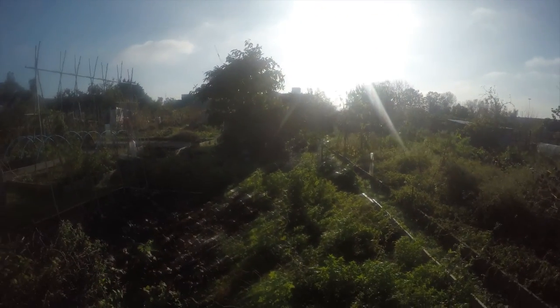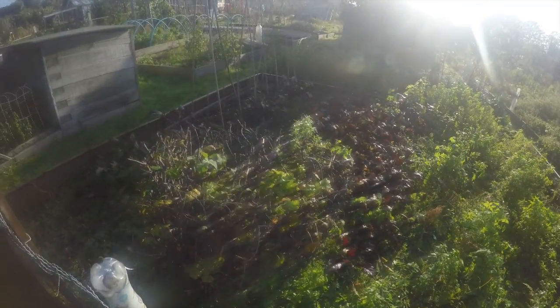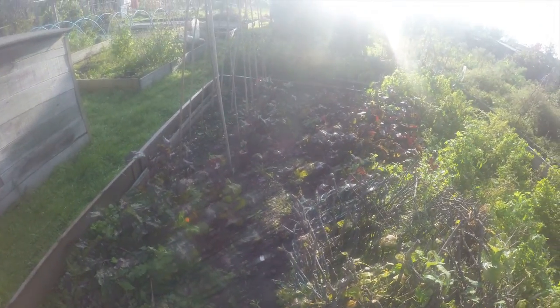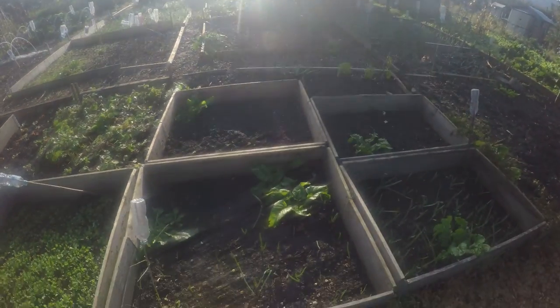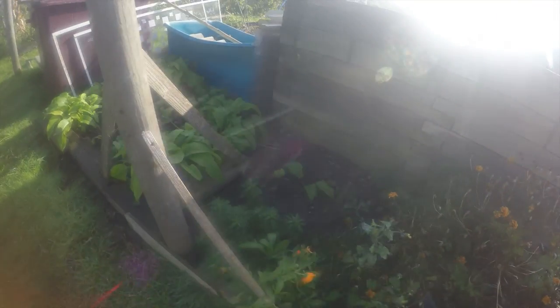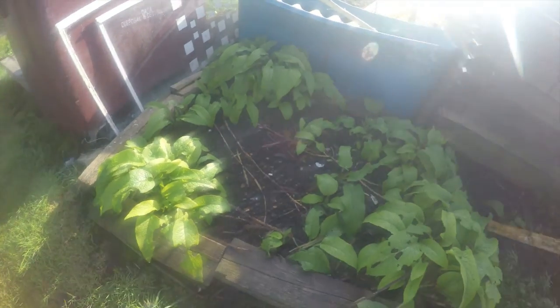Now I have reached one of my definite favourite allotments that I've seen. Chard, spinach, different colours. And as you can see, he has his comfrey growing just right at the front. Many people will have their own compost bins,